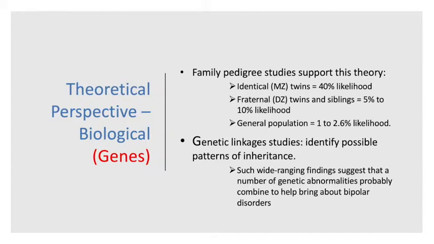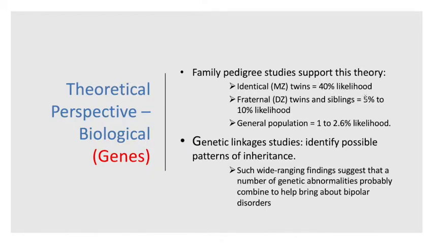So there's some kind of a genetic link here that makes people more likely to develop bipolar disorder. And you can see this from twin studies. If one identical twin develops bipolar disorder, there's about a 40% chance that the other twin will also develop bipolar disorder. This number goes down to about 5 to 10% in fraternal twins. Remember, fraternal twins only share about 50% of their genes, while identical twins share about 100% of their genes. Okay, so clearly, the closer the genetic relatedness, the higher the likelihood that you will develop